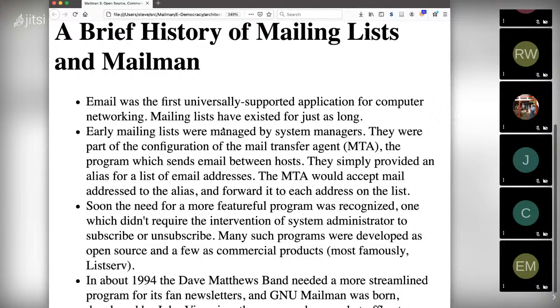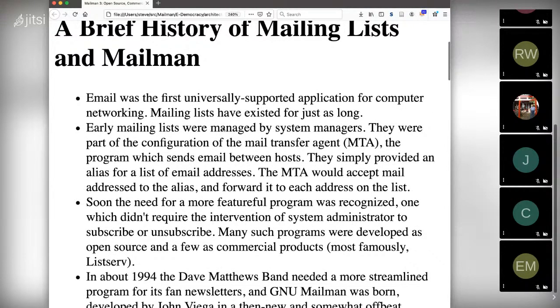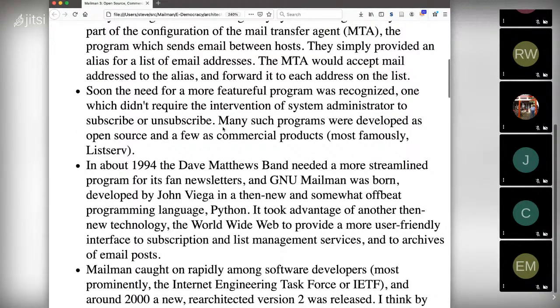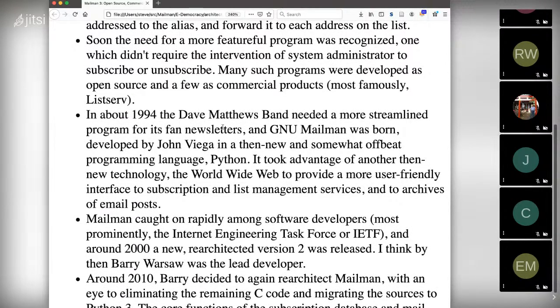So in about 1994, the Dave Matthews Band needed a better program for its fan newsletters, and that's when GNU Mailman was born. John Viega is a lesser known but stalwart GNU supporter. So Mailman has always been a GNU project and under the GPL and so on.